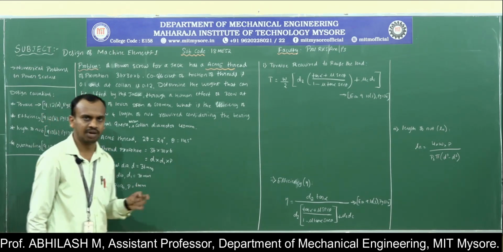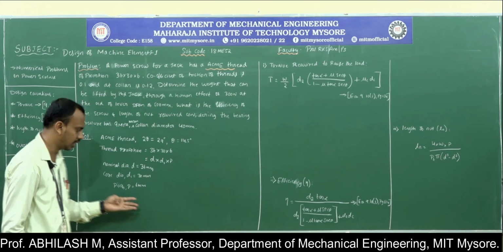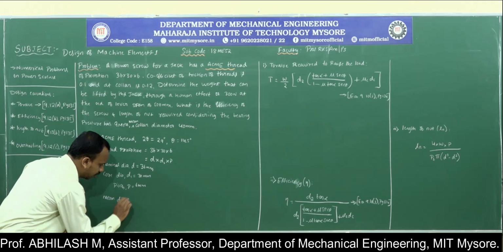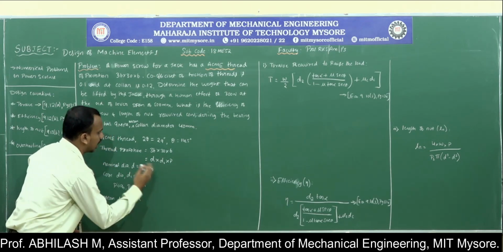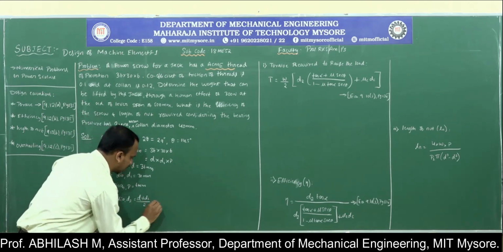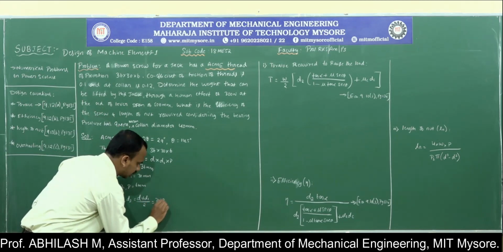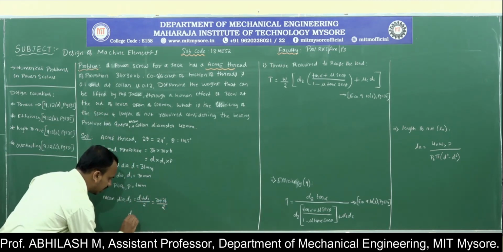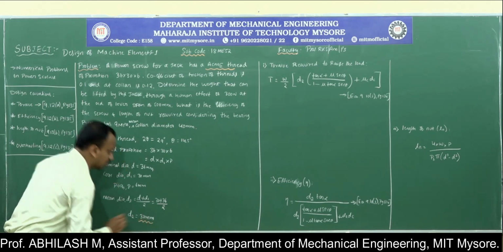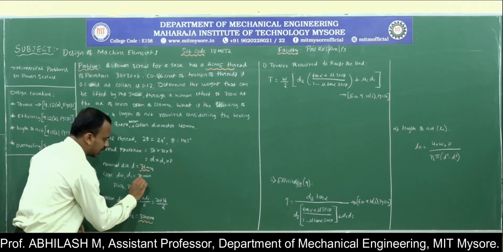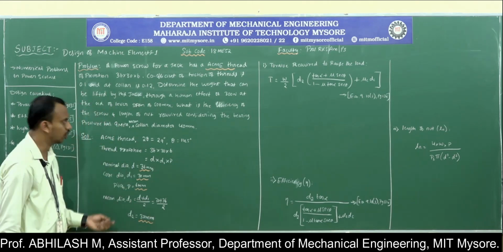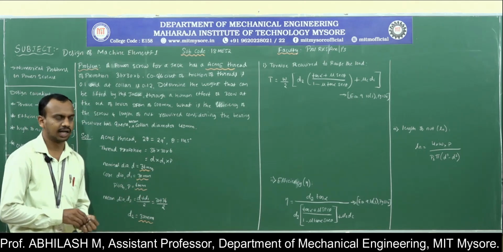The fundamental steps will remain the same. We are supposed to calculate the unknown value of the diameter, which is the mean diameter. D2 will be equal to either D minus P by 2 or D plus D1 divided by 2, which will be equal to 30 plus 36 divided by 2. So D2 will be equal to 33 millimeter. So this data becomes very essential. Now I know the nominal diameter, core diameter, pitch, as well as the mean diameter. What is the next thing I can do? Let us see the problem and then we will try with the fundamental data.